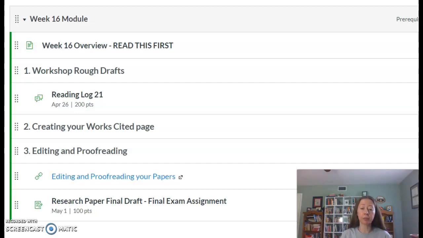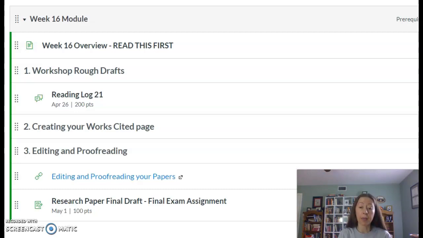I would actually like you to click on Gradebook in the left-hand menu and then click on the Annotated Bibliography assignment. Using the directions in the gradebook, pull up your Turnitin comments on your Annotated Bibliography assignment and look at any suggestions I made on how to correct your Annotated Bibliography citations. Go ahead and pull up your draft of your Annotated Bibliography and make the corrections that I suggested making now